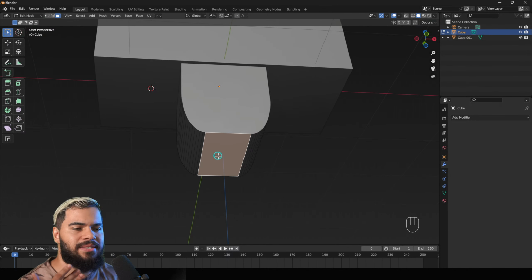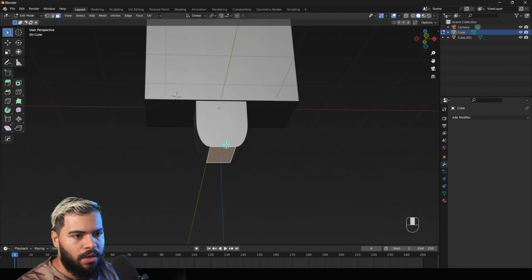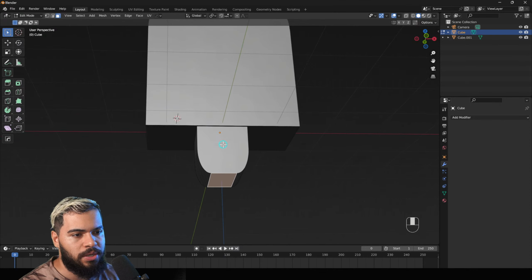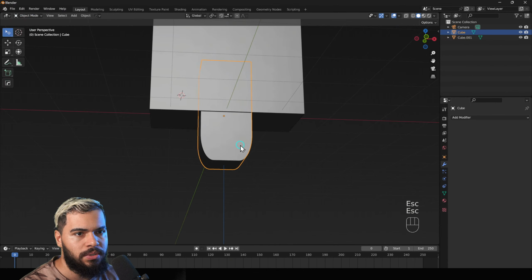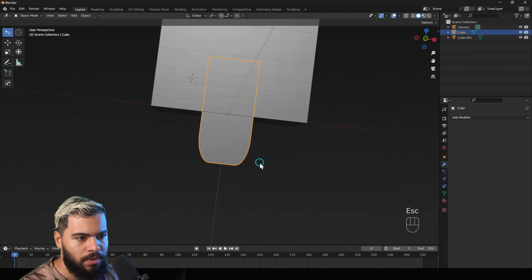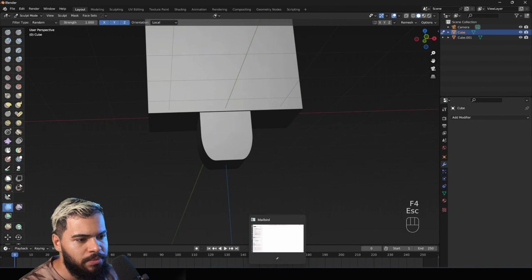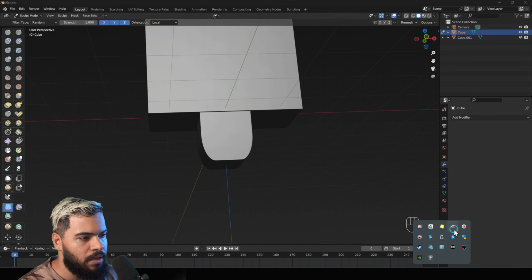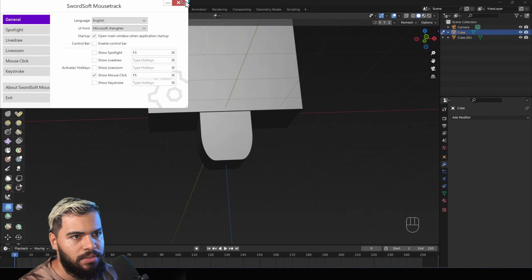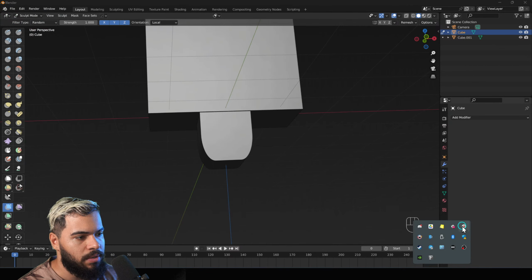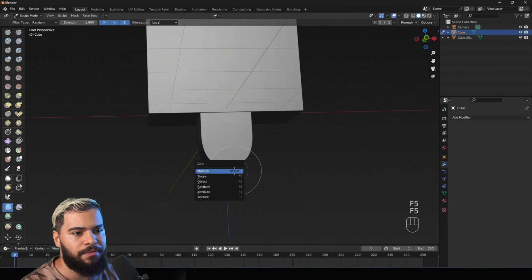If it's too difficult for you to see, I have some suggestions. In my shortcuts, once you download them, you can press F5. Let me go to object mode, F5 here. Hold on, I need to close this, because this will help me show you what F5 does.